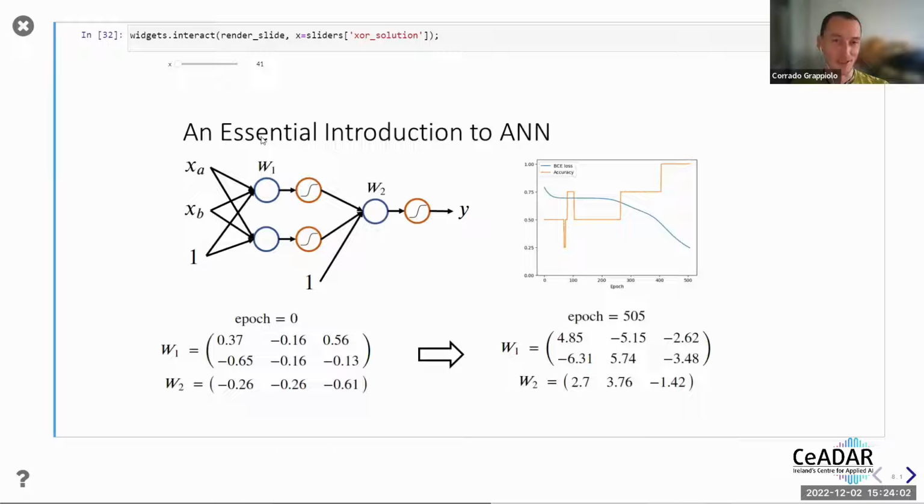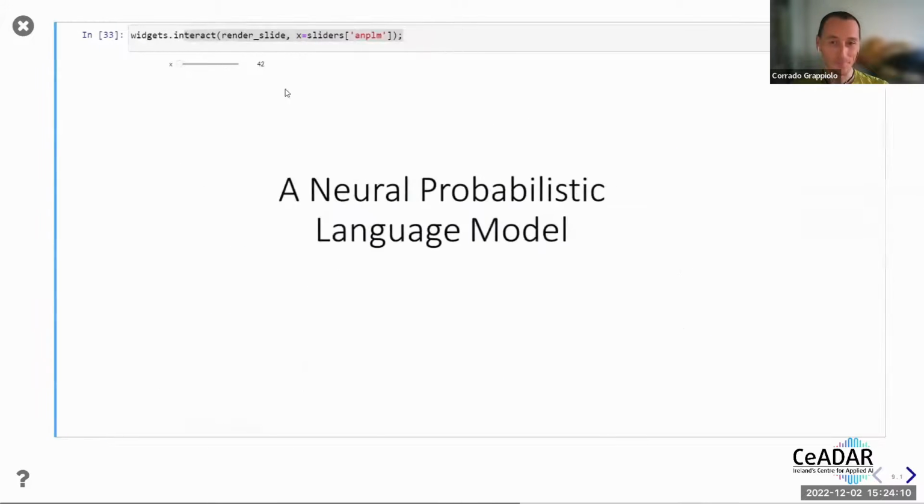So you can interpret it as the network trying to figure out what's going on, if you want, again, to anthropomorphize this simulator of the brain, if you want. Now, let's